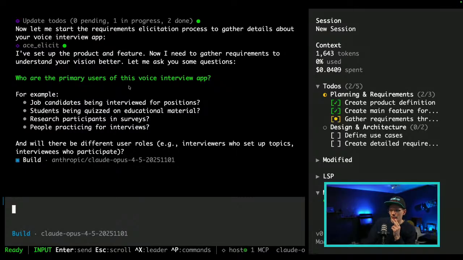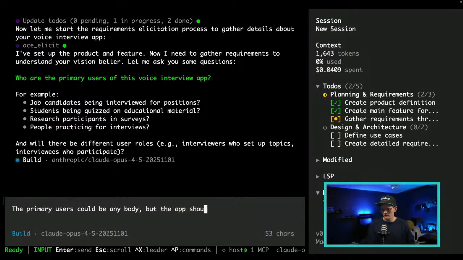Okay, so what are the primary users for this voice interview app? Okay, so the primary users could be anybody, but the app should act as, let's say, a journalist.